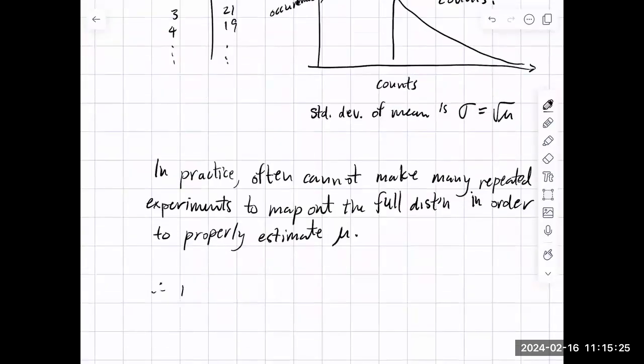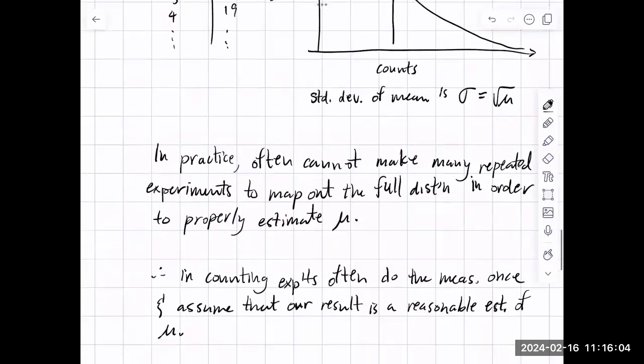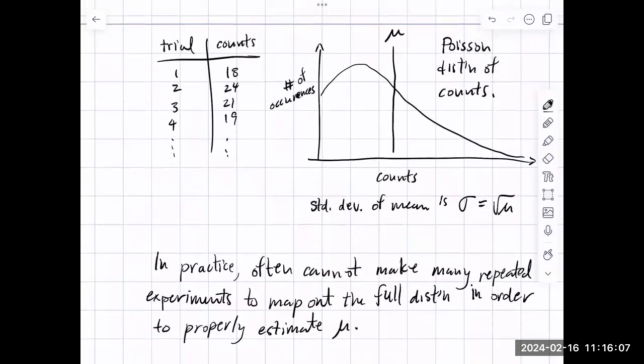So therefore, in counting experiments, we will often do the measurement once and assume that our result is a reasonable estimate of mu. I mean, in fact, what's likely to happen is